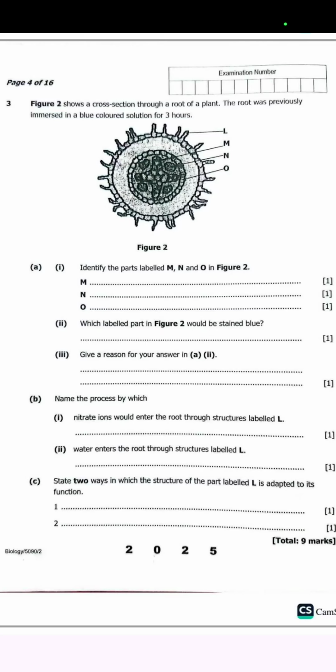Okay, so welcome to today's revision. Today we are looking at transport in plants, and according to the diagram we have there, it is a root of a dicotyledon or dicotyledonous plant. So, as you are trying to answer this question, you have to be thinking about dicotyledon plants, not monocotyledon, because you mix up